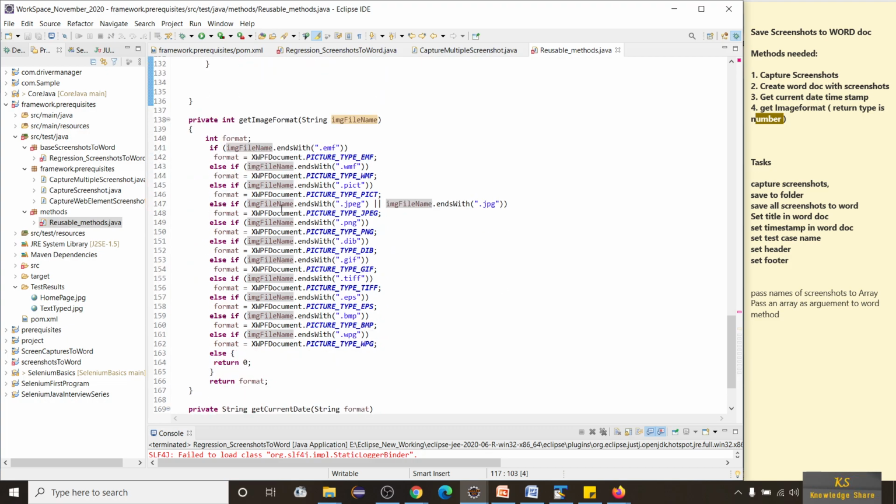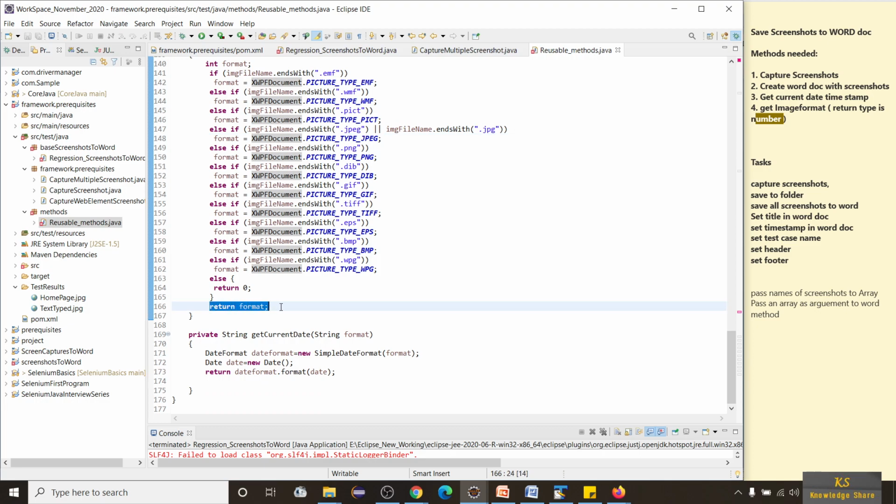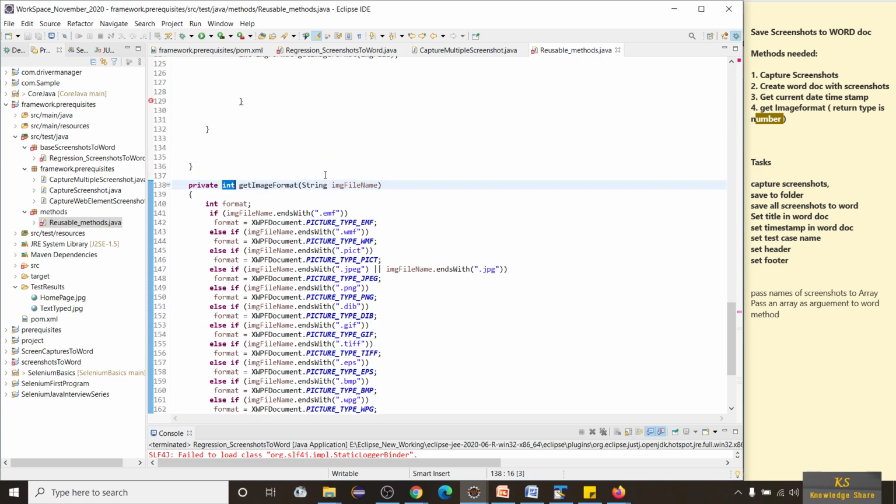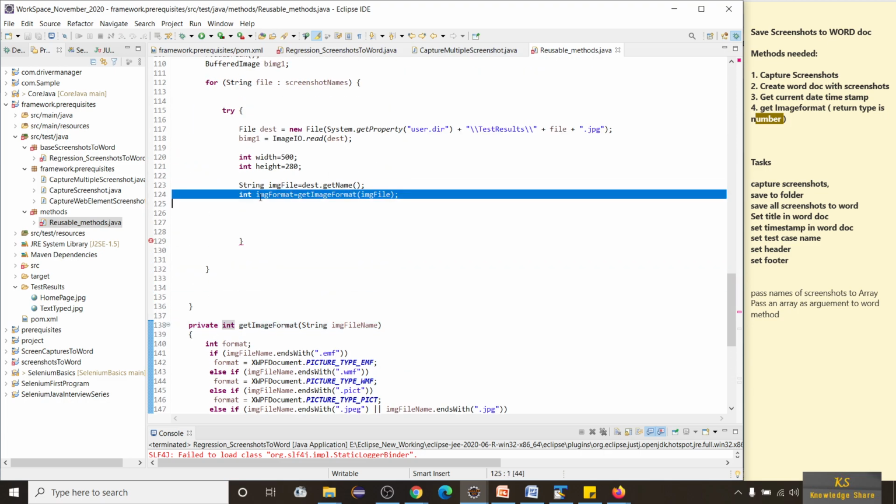Here you can observe if the image file name ends with .jpeg or JPG, then format is equal to XWPFDocument dot PICTURE_TYPE_JPG, and it is returning some integer number, some encoded kind of number, you can say. For PNG it will return some other number. So this is returning a format, and you can see it's an integer type. getImageFormat gives us an integer type, and this number comes into this now.